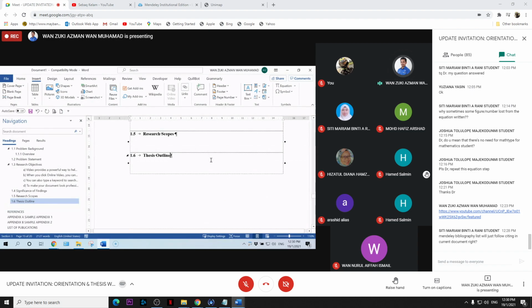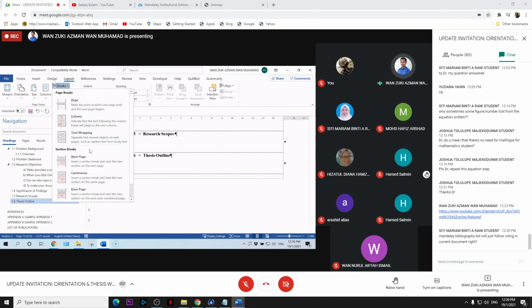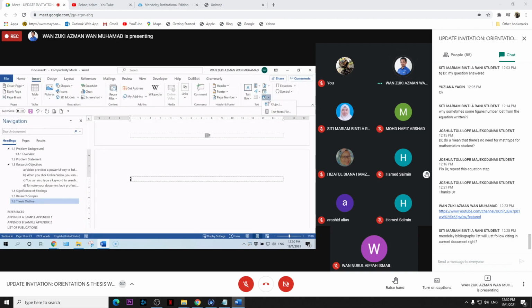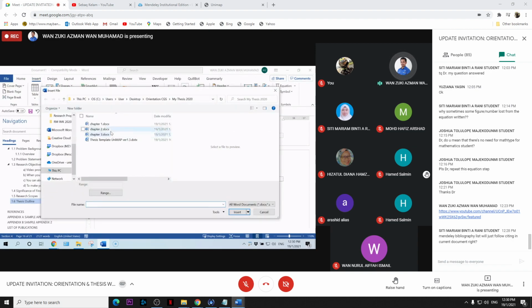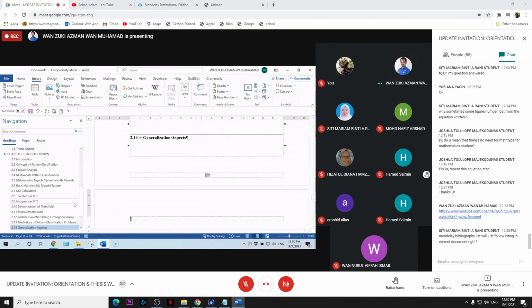After the last sentence in chapter 1, please insert a section break, next page. Then go to Insert, Object, Text from File, chapter 2, and insert.